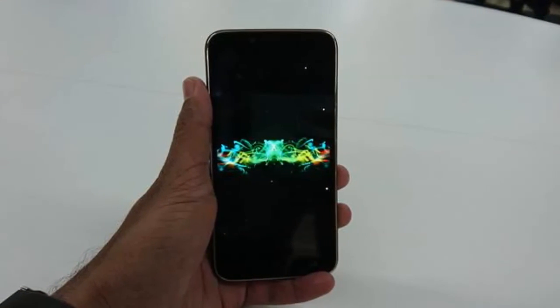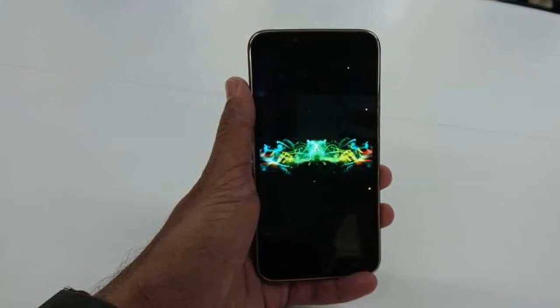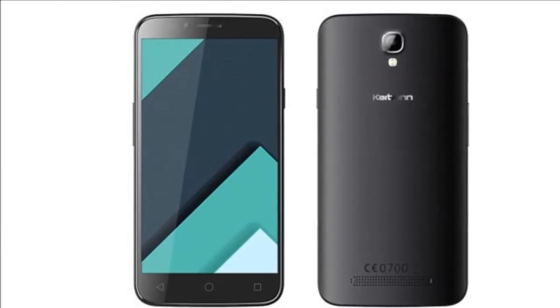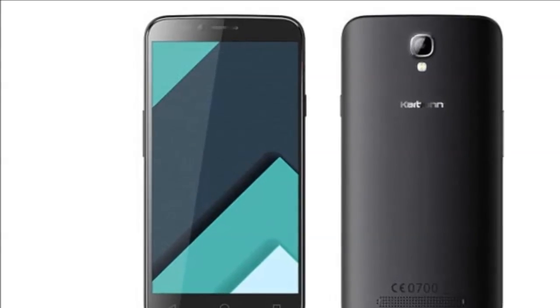720 by 1280 is a perfectly acceptable screen resolution for phones in this price bracket. Sharpness and color reproduction are also good. However, we've seen better when it comes to viewing angles and sunlight legibility. It's also worth noting that